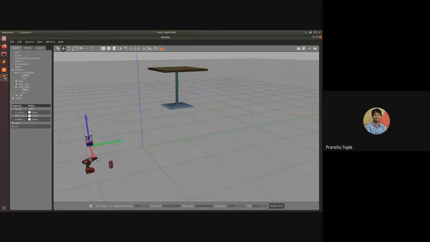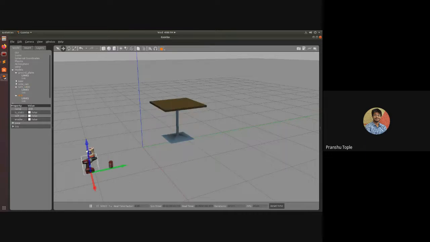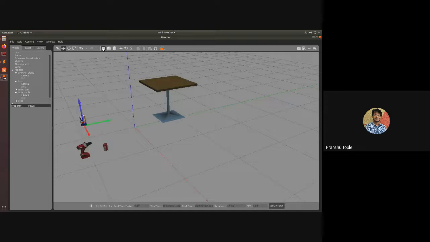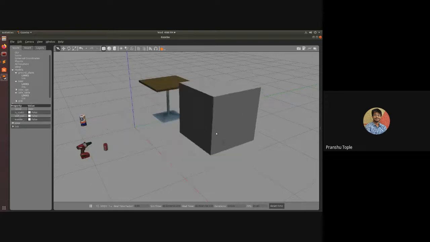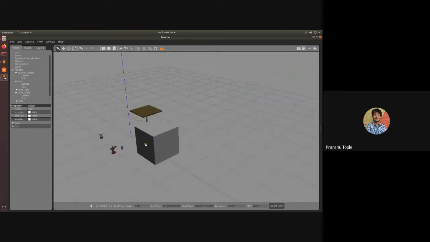Yeah, so it will fall. This is a static object, so it won't fall. But if you look at other objects, they will fall. So these are not for modeling or anything. There are some cubes and stuff, but that is for adding obstacles. If your robot is moving and you want to add an obstacle like a big cube or a big sphere, you can add these, but you cannot model using that.